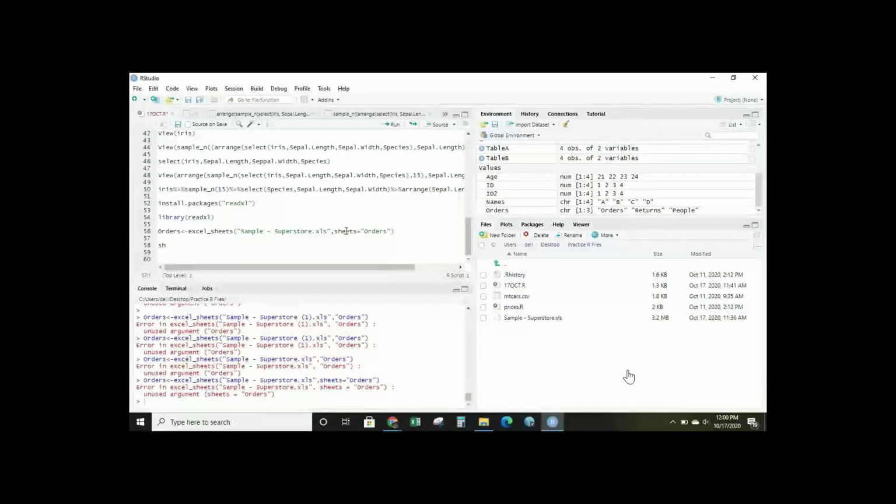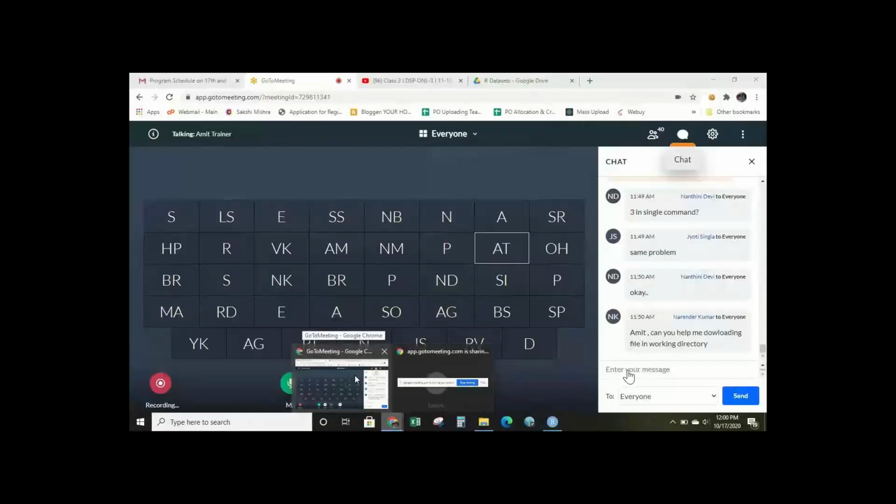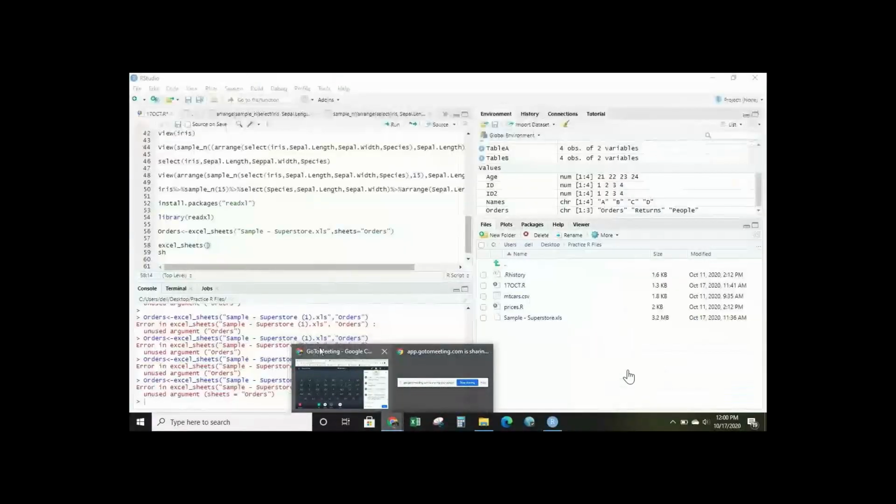Can you give me the controls? I'll quickly do it, just give me a moment. I just raised a request for that. You might have got a pop-up for that.